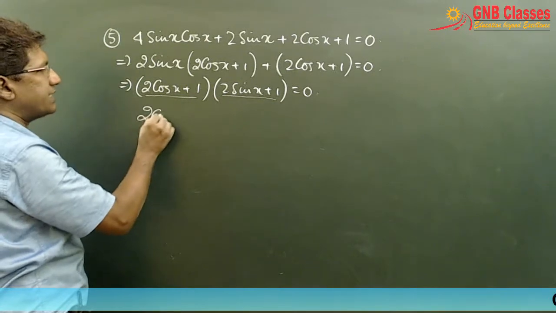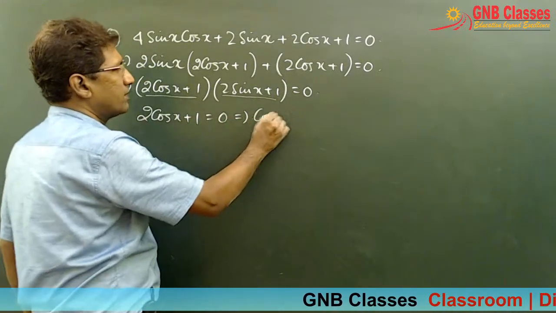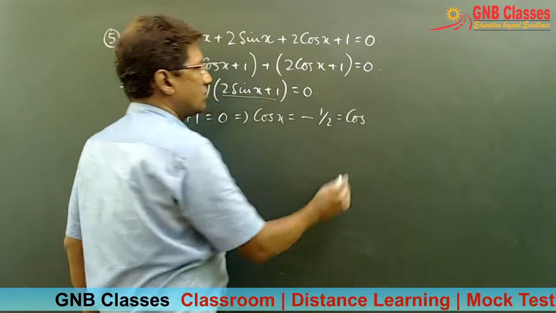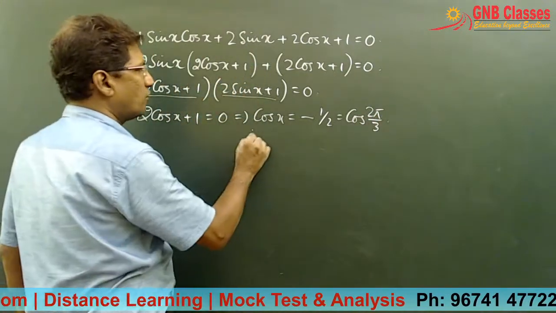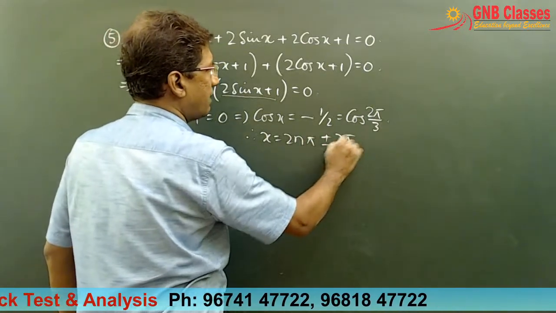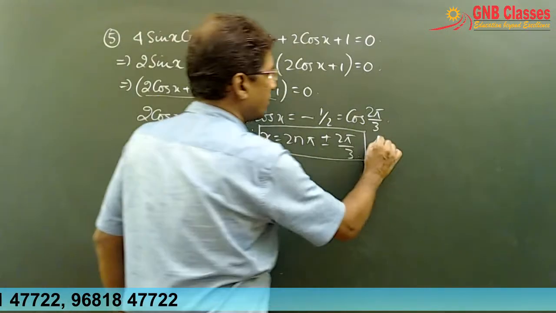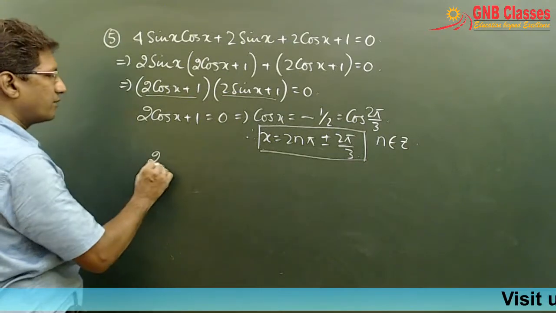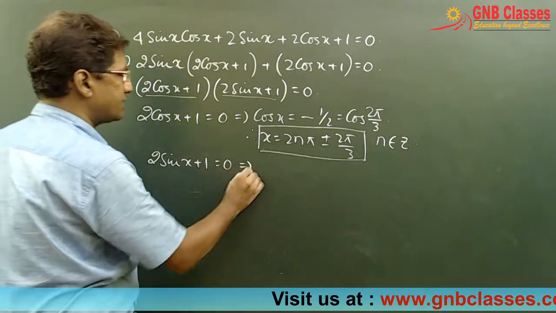So for the first one we are getting 2 cos x plus 1 equals to 0 implies cos x equals to minus half, which is nothing but cos 2 pi by 3. Therefore x is nothing but 2n pi plus minus alpha, that is 2 pi by 3. This is the general solution where n belongs to any integer. And for the second one, 2 sin x plus 1 equals to 0 implies